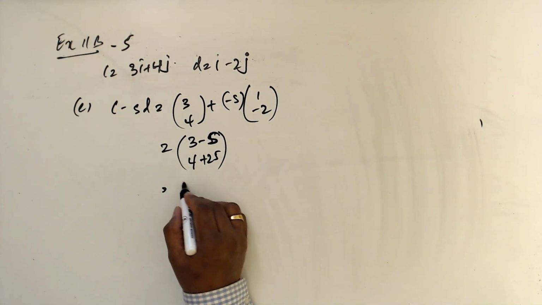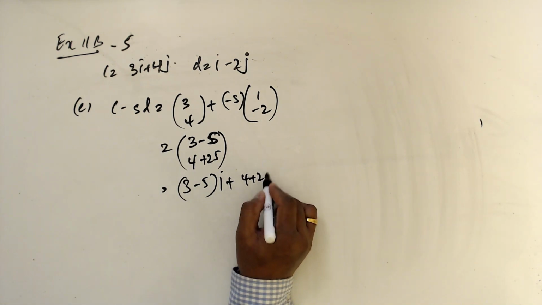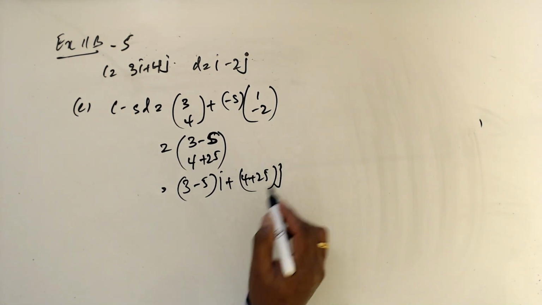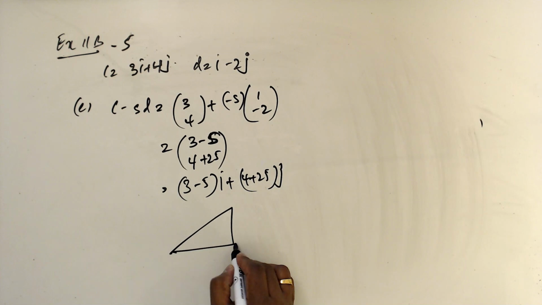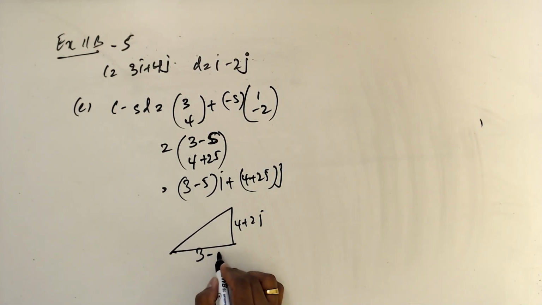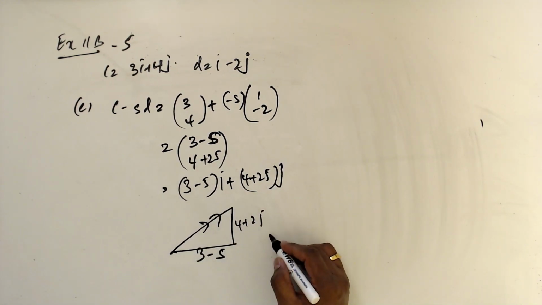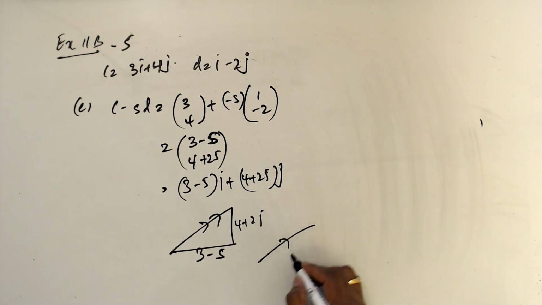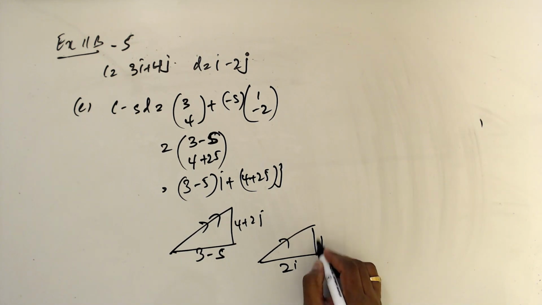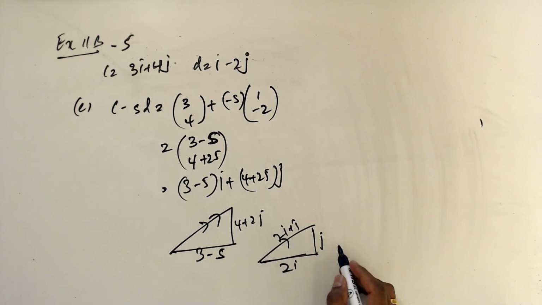This is 3 minus s i, 4 plus 2s j. Then the ratio is 4 plus 2s over 3 minus s, parallel to 2i plus j. So it means